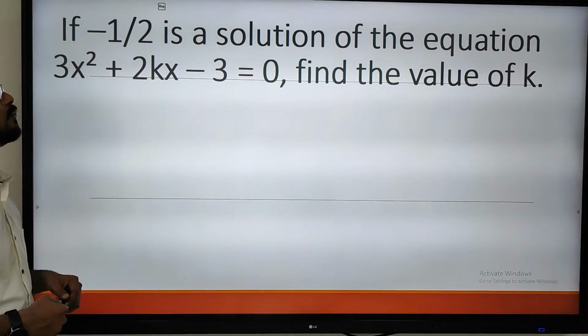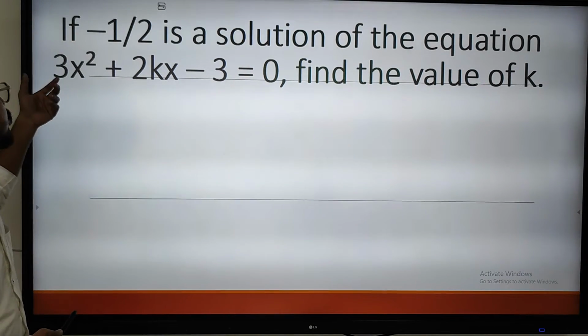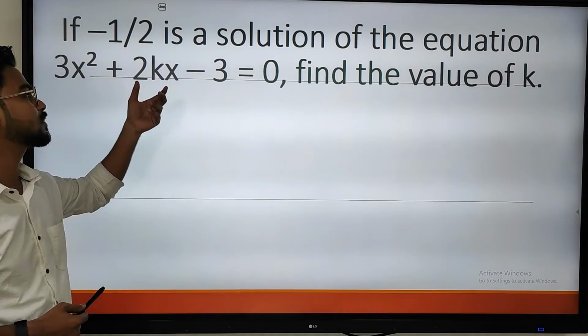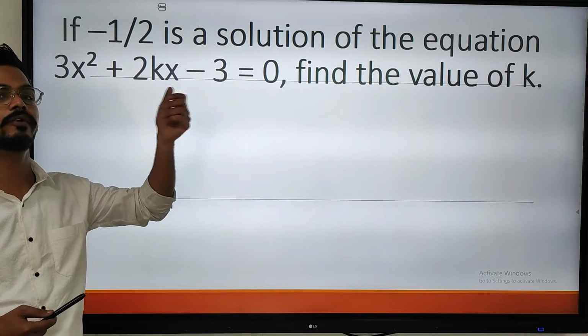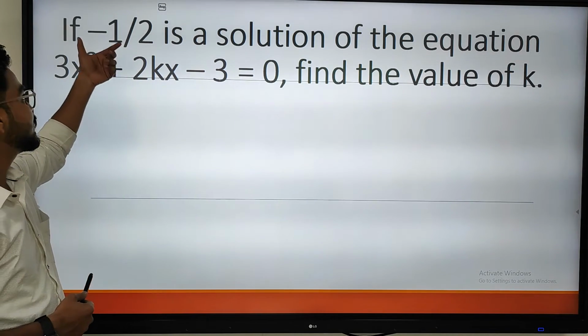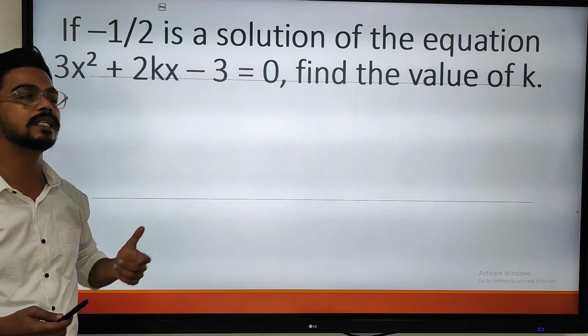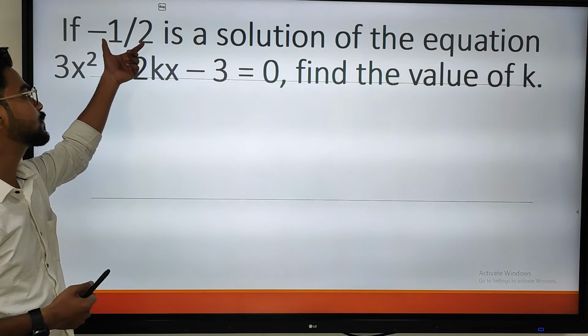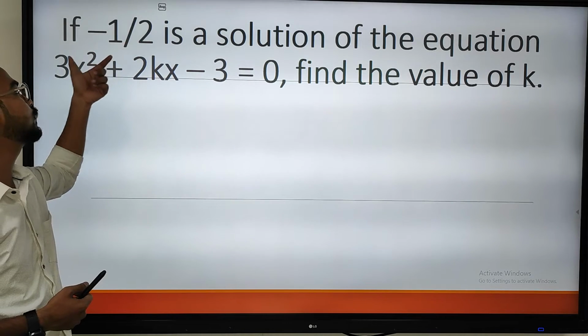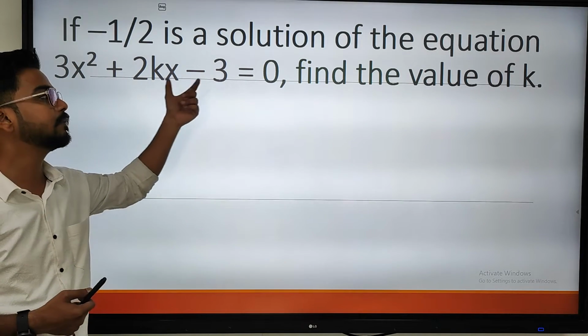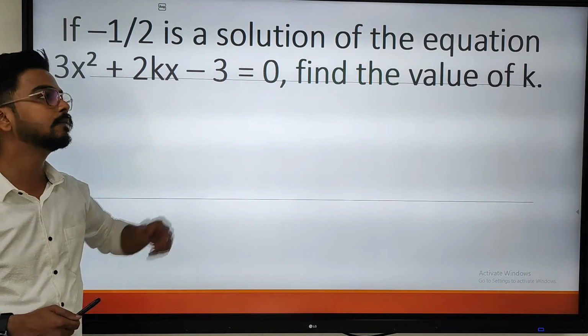If minus 1 by 2 is a solution of this equation, 3x square plus 2kx minus 3 equal to 0, find the value of k. So we can see that minus 1 by 2 is the solution of this equation. Solution means if we are going to substitute this value minus 1 by 2 in place of x, this will be coming equal to 0. Okay, so let's